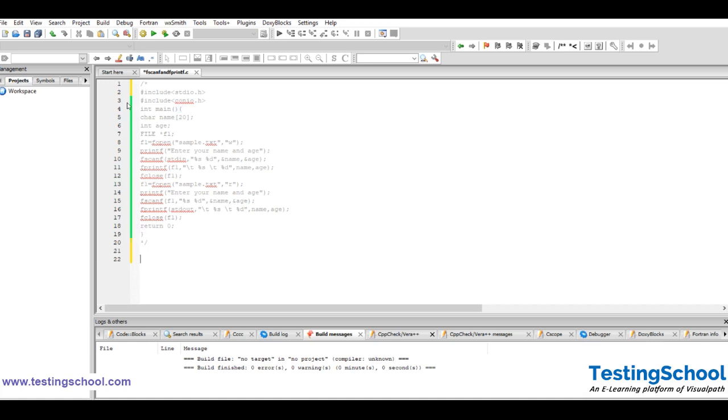Okay, now it's a program for demonstrating getc and putc. Get means it has to get, right? Put means that is print. Okay,